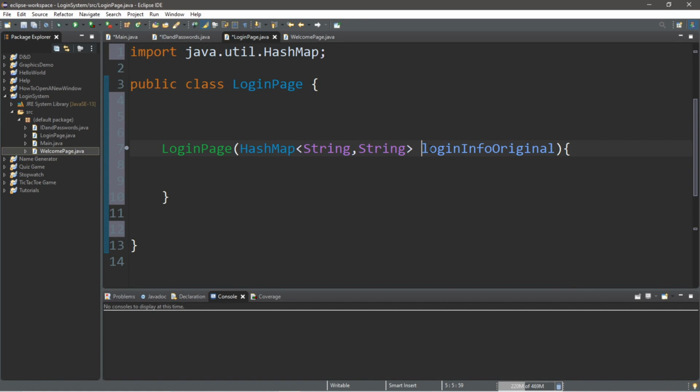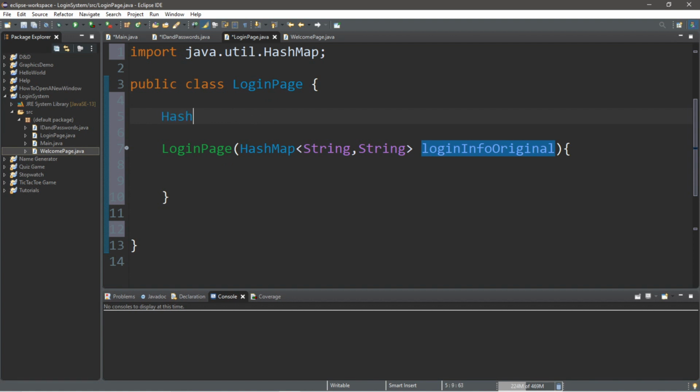Now what we're going to be doing with this loginInfoOriginal is actually making a copy of it, and we want the copy at least to be globally available to all methods within our login page.